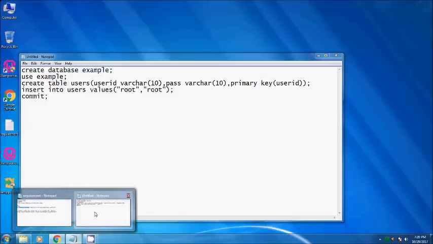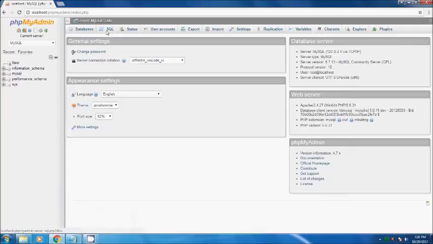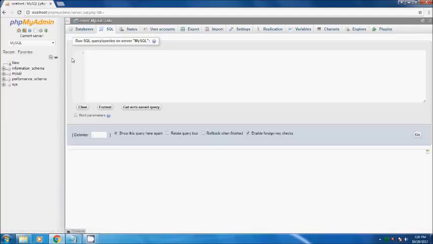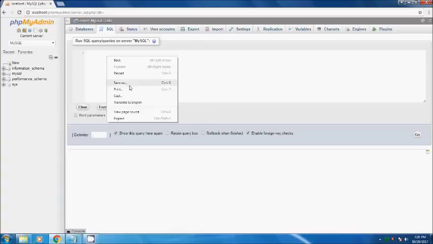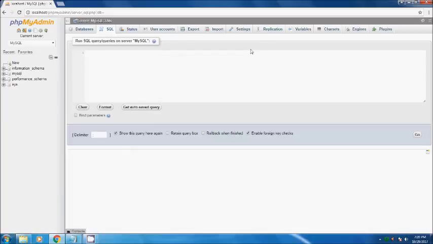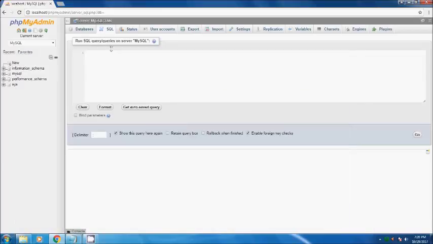Since we already created it, we will just copy all this, and to create it, just go to the SQL tab, where you find a notepad type box right here. Inside that we can just paste. Sorry, I will copy that for the previous one. It doesn't allow you to paste easily, so no problem, we can create it again. So create database. As you can see, it has autofill built into it, so that helps a lot. Create database example,